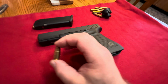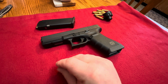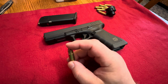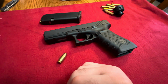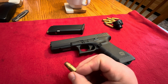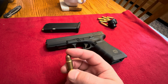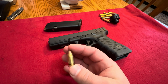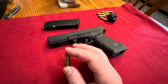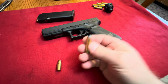So I saw an article, actually I think it was from the Lucky Gunner Ammo Company, and it was a video where he talked about some type of doctor, I don't know what he was, like a PhD or something, who was into wound ballistic gelatin tests and stuff. And they were basically trashing this round and using this doctor's analysis as proof of why it's no better than a 9mm. This is the most ridiculous, stupid thing I've ever heard, because nobody says that